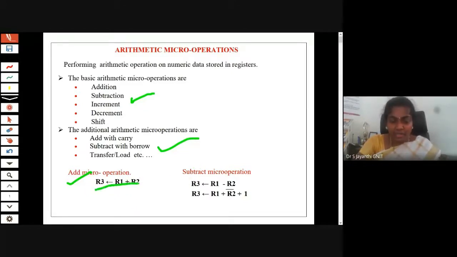From this RTL statement, this register transfer statement, what we can understand is that 3 registers are involved in this operation, namely R1, R2 and R3. On the right hand side, a plus operator is there. To perform this addition operation, there should be a digital circuit capable of adding R1 and R2, the contents stored in R1 and R2. The result is transferred to R3. So this is what we can understand from this. And now you are coming to the subtract operation.